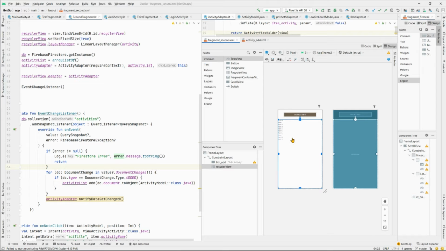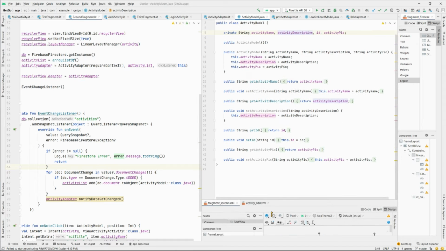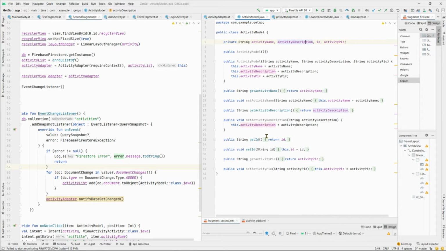So what we did is first create our data model called activity model, which holds all our data fields about the activities. So the important ones are the activity name and activity description. The ID and activity pick weren't used because